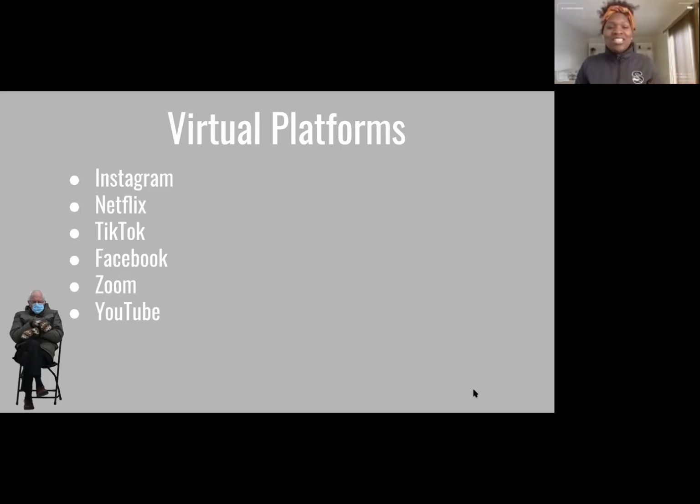Facebook, good old trusted Facebook that's been around for a while, has also a live feature that has really made Facebook more relevant again, where much like Instagram, people can go on and do podcasts and share conversations and invite other people to go live with them. And even when you're hosting programs on other platforms, Facebook is really compatible with a lot of the other virtual platforms, so that you can stream what's happening on another platform onto Facebook as well.